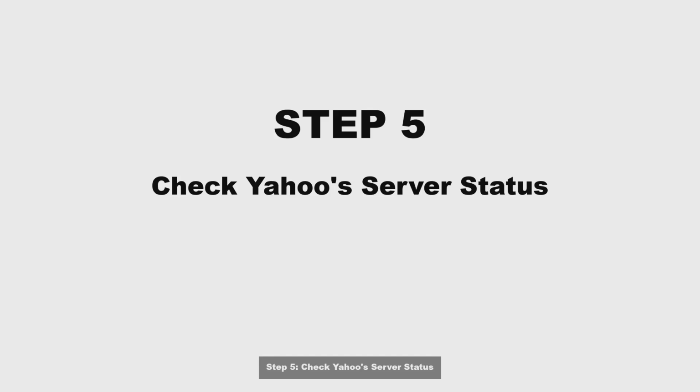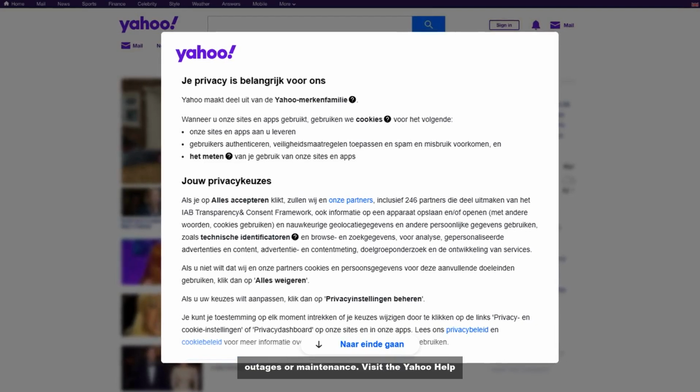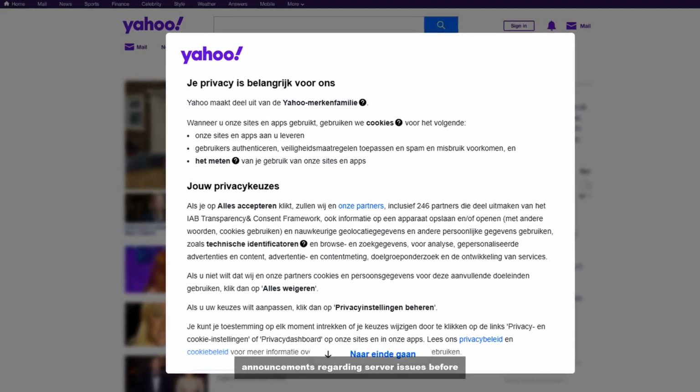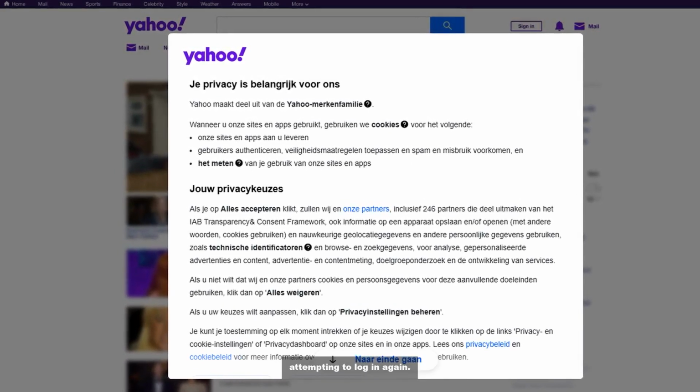Step 5. Check Yahoo server status. Occasionally, Yahoo Mail may experience outages or maintenance. Visit the Yahoo help page or check social media for any announcements regarding server issues before attempting to log in